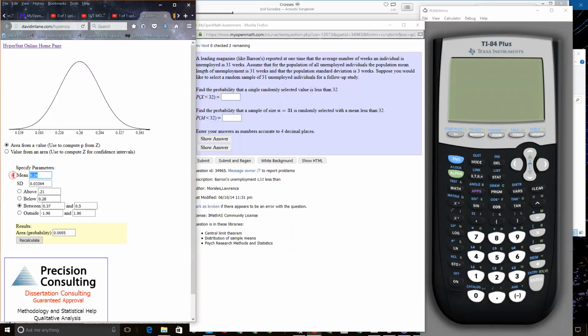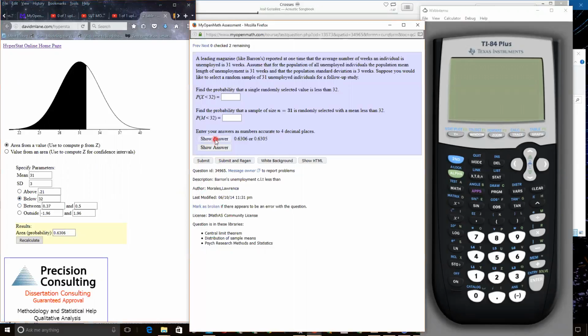So I'm going to come over here. My mean is 31, and we know the standard deviation for the population is 3. And I want to know less than 32 weeks, so I'm going to go below 32 weeks. And I get 0.63. And what are they telling me? There's that answer. So when it's a single person, we don't have to do anything with the population